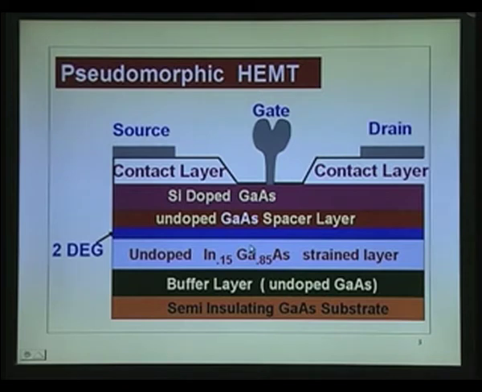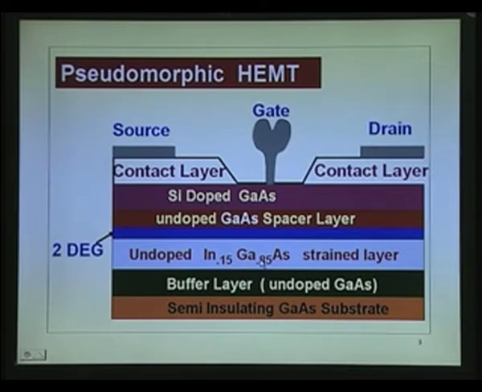You can remain within safe region by putting aluminum content which is not very high. 0.1, 0.2, you do not have to even go to 0.3, still you will get better delta E g, and because of that better delta E c, higher electron concentration, higher maximum current that you can get for the given device. Okay, so I just thought I will point this out to you, because in many places you